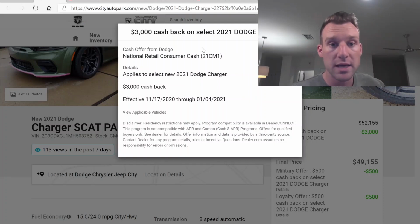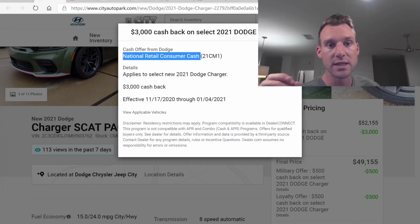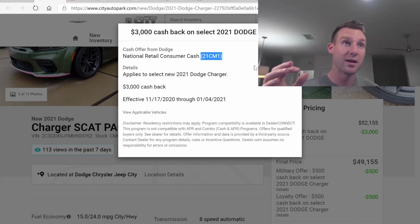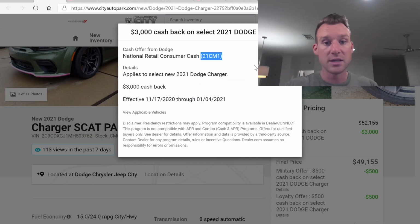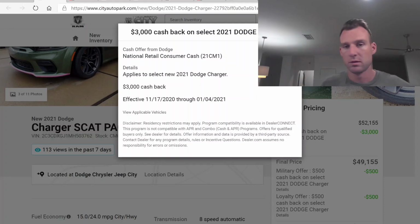Now, how do you tell if it's legit? Well, the formal name, the actual name for Power Dollars is the National Retail Consumer Cash. And it has this launch code right here that the dealerships put in so that they don't get charged. It's so that Dodge absorbs that $3,000, or the $4,850 if you're talking 2020s. And again, that is what it is. 2020 Power Dollars, that's the National Retail Consumer Cash, but the marketing people branded it as Power Dollars because